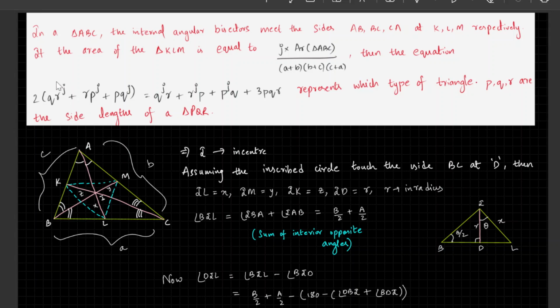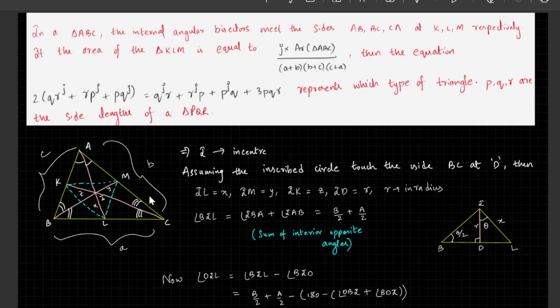The only thing is you need to find the value of J from here so that you can solve this equation and come to the conclusion what type of triangle PQR it is, whether it is equilateral, scalene or isosceles, or maybe a triangle may not even be formed. But it cannot be the case because it has been clearly given that P, Q, R are the sides of a triangle PQR. Fine. So let us first focus on the derivation of the value of J.